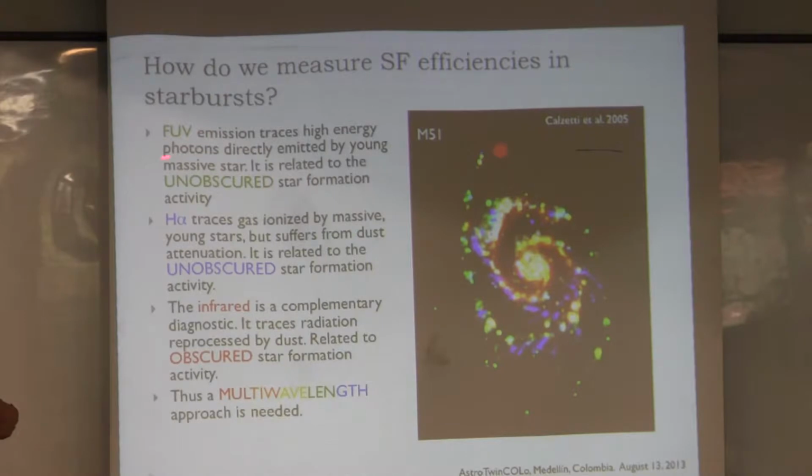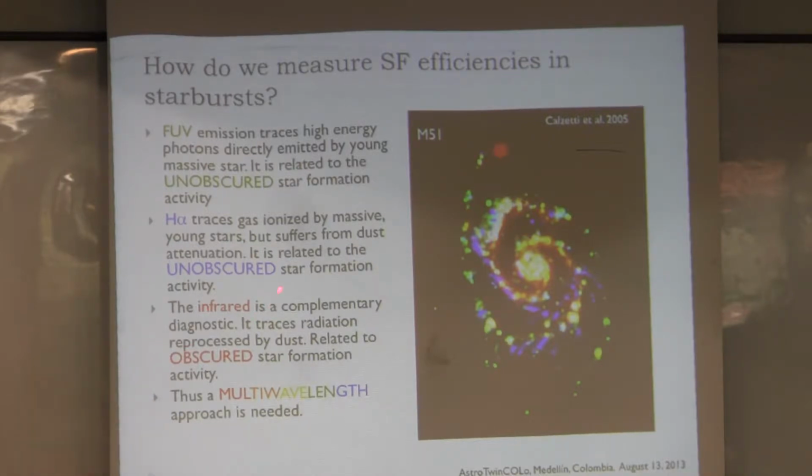And so you can either look at the far ultraviolet, where these photons are emitted directly, which is the green part in this graph. You can also look at traces of ionization of the gas by these energetic photons, and then you can look at H alpha, which is the blue region. Those two have to do with far ultraviolet photons that get directly to us, except that in this case they're absorbed by an atom and